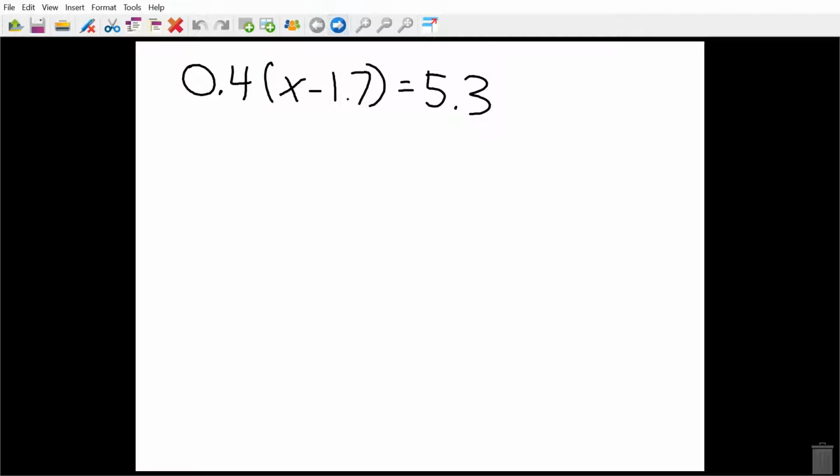Let's begin. The first question is 0.4 times (x minus 1.7) equals 5.3. In today's lesson, the first slide will contain the question and the second slide will contain the answers. Please pause and try now. And the answer is